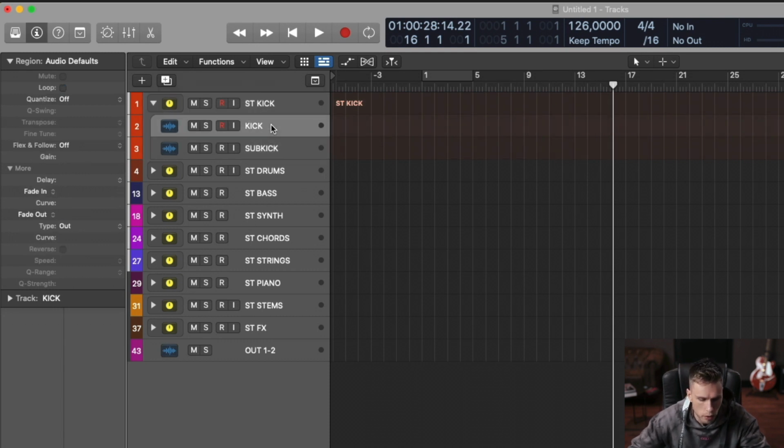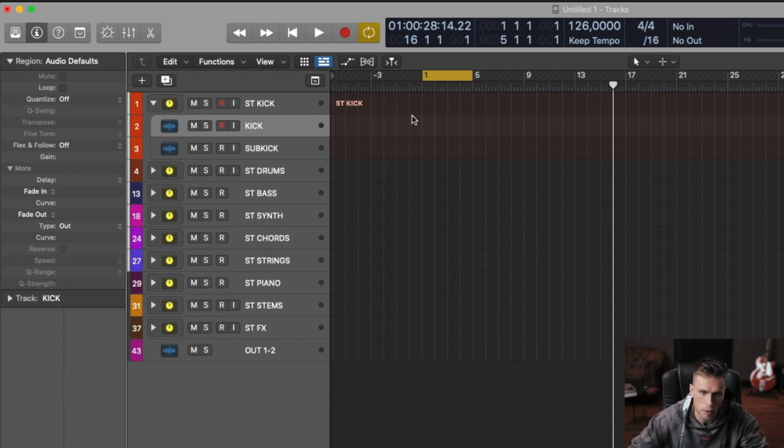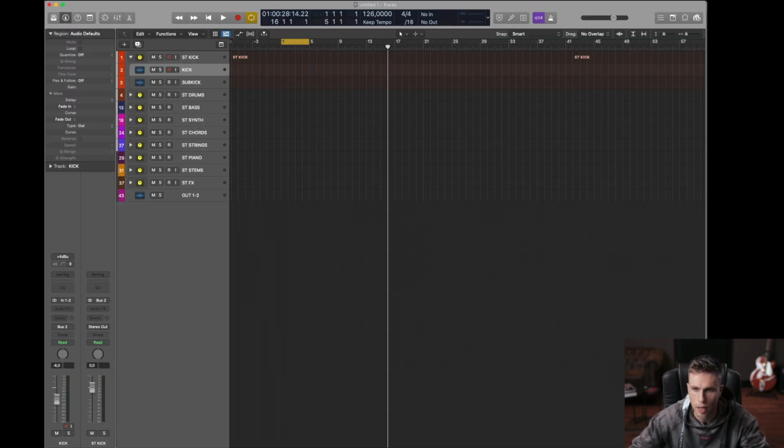Going back to the first group, Kick, what is in this folder? For me, it most of the times is just audio when I bounced it out. Sometimes there is a plugin in there if you want to create a kick drum with a plugin and sample it or export it to audio later on. So for me here, usually I just drag in a kick drum, and I can actually do that as we speak. Just to show you a little bit, I'm going to grab one of my own kick drums, just to show you how that works, I'm going to drag in this